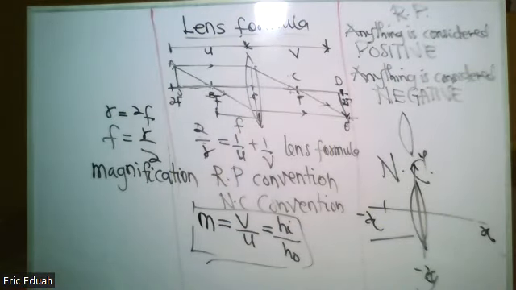A convergent lens has a focal length of 30 centimeters, rays from a 2.0 centimeter high filament that pass through the lens form a virtual image at a distance of 50 centimeters from the